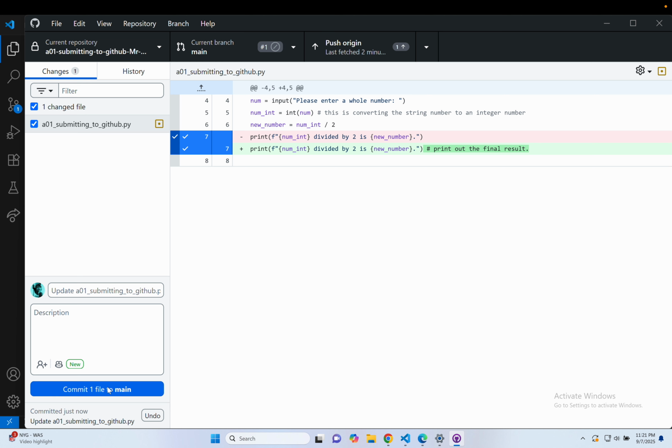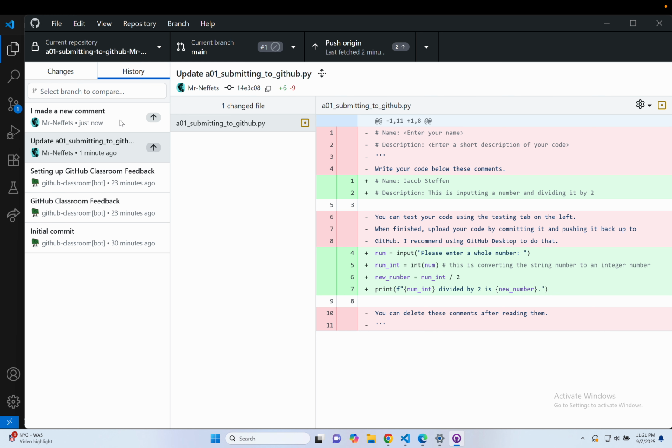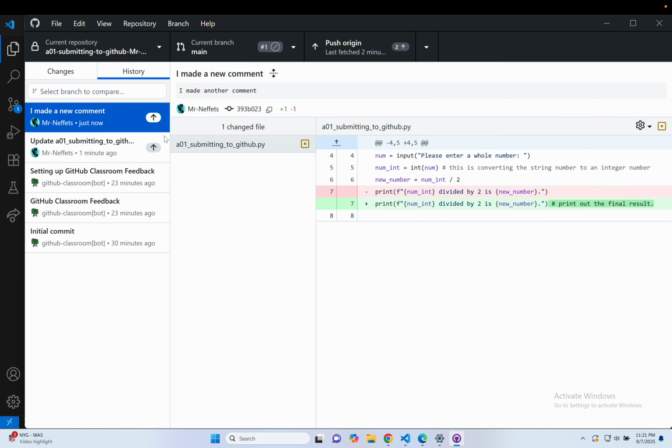So I can commit here. I can also add a little description of what I did. I made another comment. You can also change it up here if you want to. I made a new comment. This is the short comment, and this is the more detailed comment if you want to add one. Then just click commit one file to main. And you'll see in your history that you can actually see the history of how your code has changed